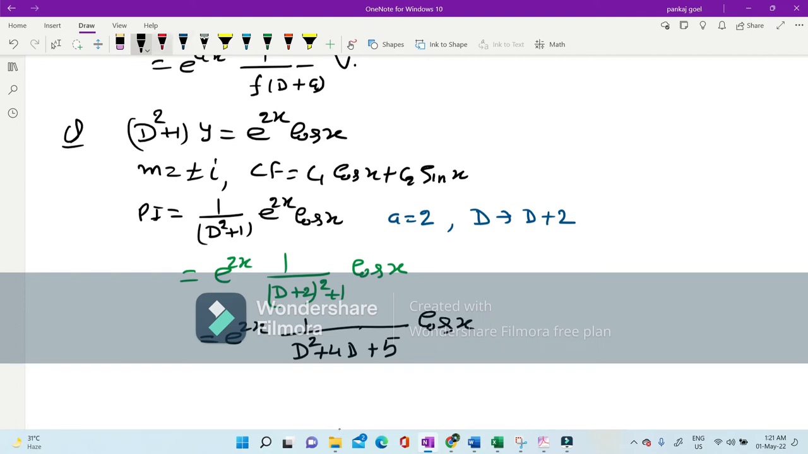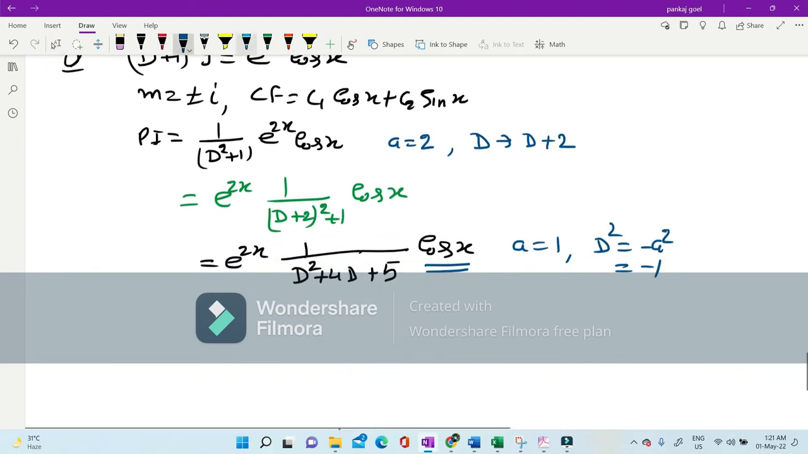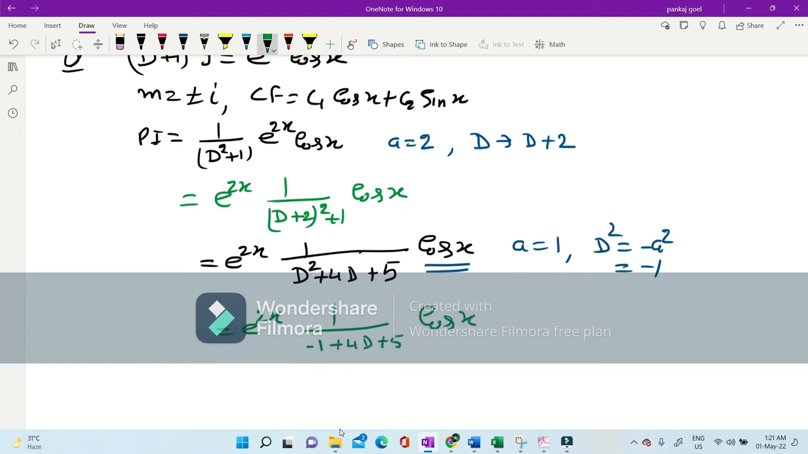Now we will apply the formula for cos x. You apply cos x, so you can see that here a equal to 1 and d square will be replaced by minus of a square. That means it will be replaced by minus 1. Replaced by minus 1, you can write this is equal to e की power of 2x 1 upon this minus 1 plus 4d plus 5 cos of x. By simplifying this, e की power 2x 1 upon this is 4d plus 4